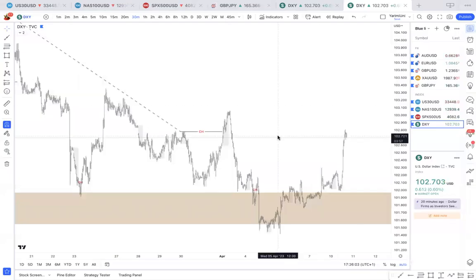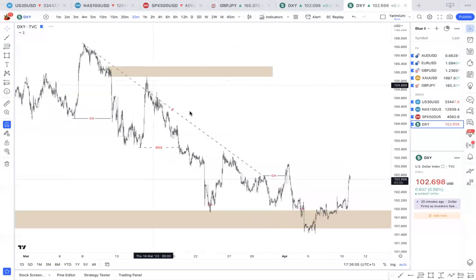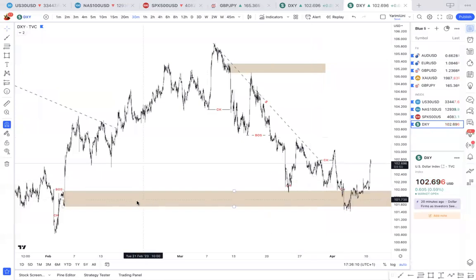Okay, so we're just going to take a look at the dollar quickly, okay? Based on what we were saying last week, if you guys remember, we were waiting for it to come into this demand zone, which it did violate a bit. However,